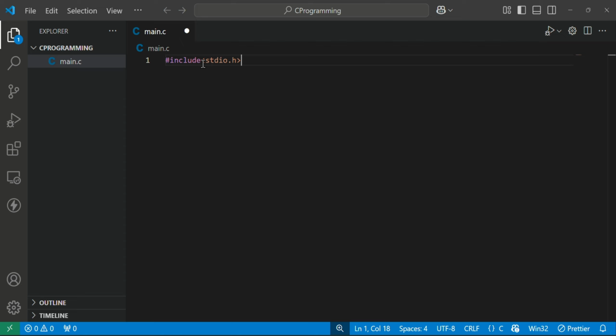So next is our main function. So the main function is like an entry point in a C program. All the code that we are going to write is going to be inside this main function. So inside these curly braces, we are going to call the printf function,